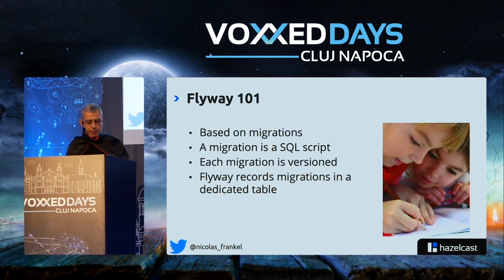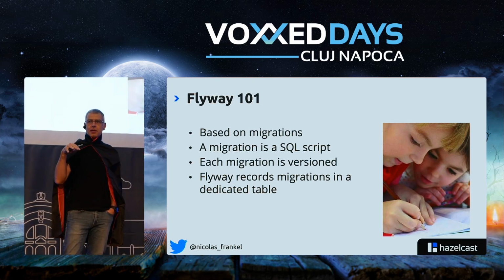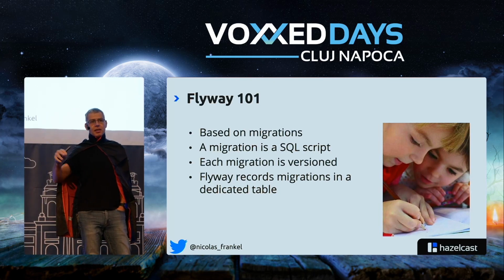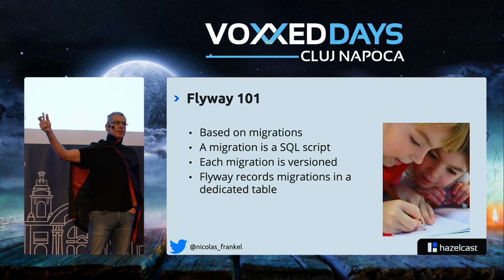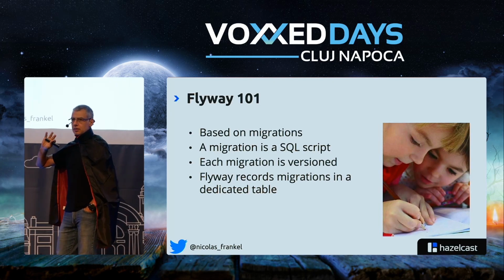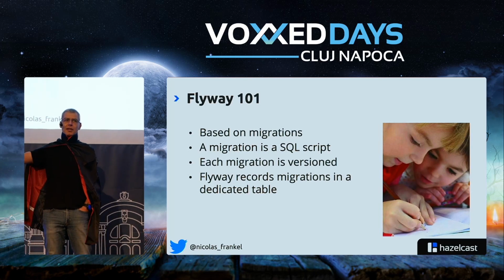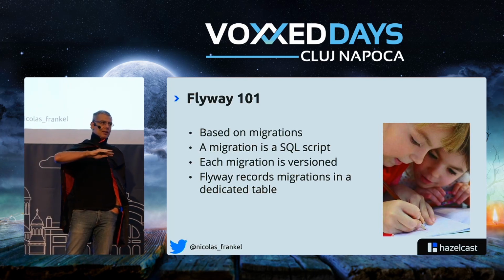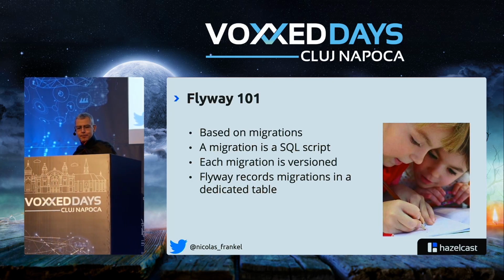To make sure that a migration has been executed, Flyway records it in your own schema, under its own dedicated table. If you try to be smart and say, I missed something, I will change the script of a migration that already has been executed, it will complain a lot, because it not only records the name of the script, it records the hash of the content. So if you change the content, new hash, and then bad stuff happens. Don't do it. Don't try to be smarter than Flyway.